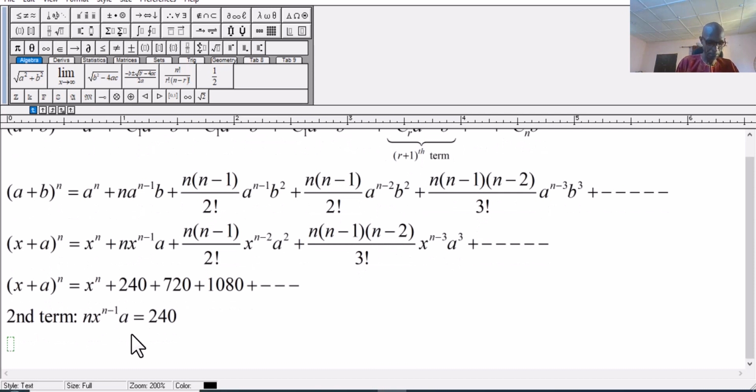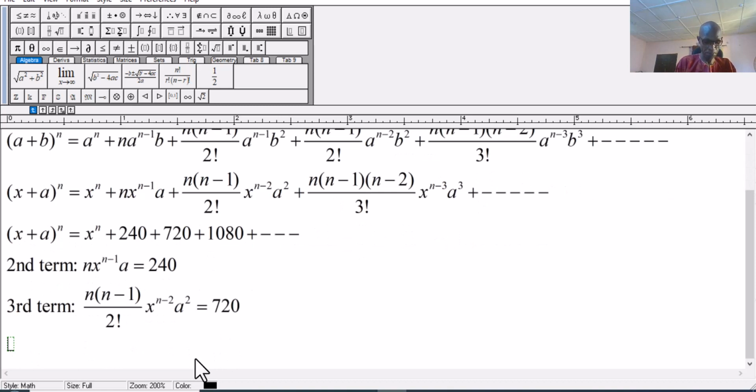Then the third term, which is this, is equal to 720. So the fourth term, which is this,